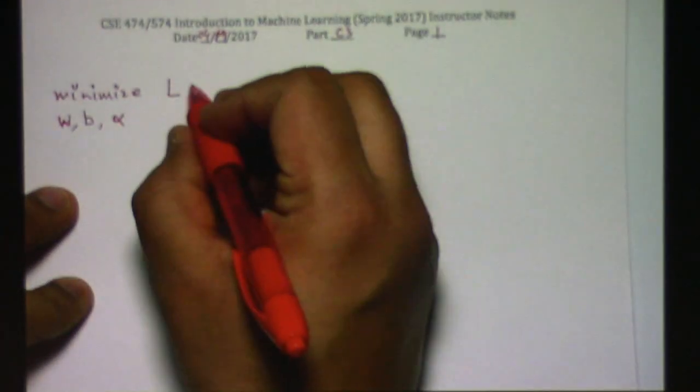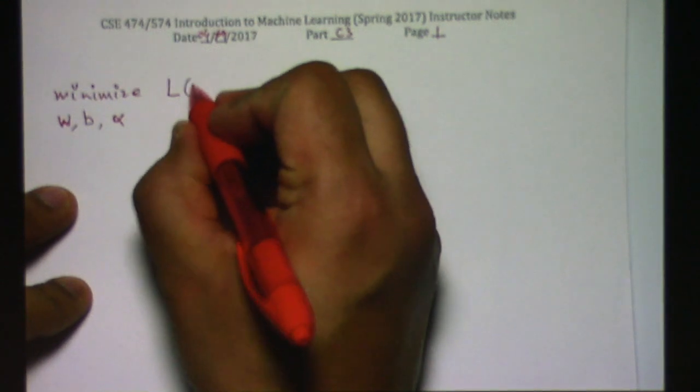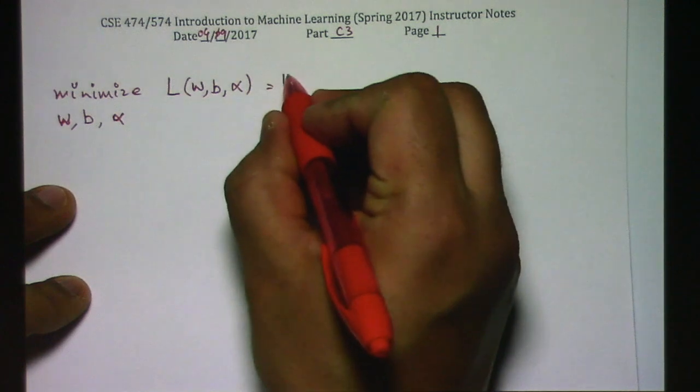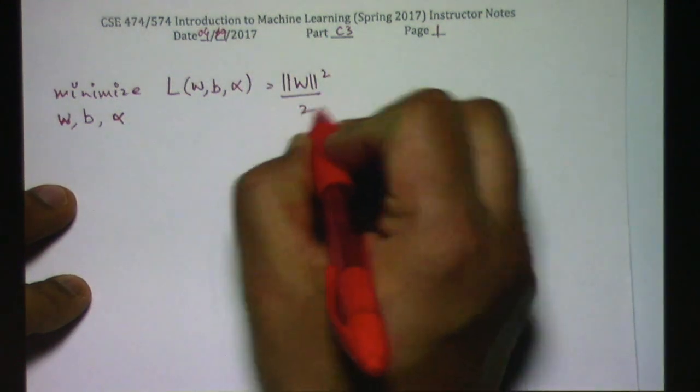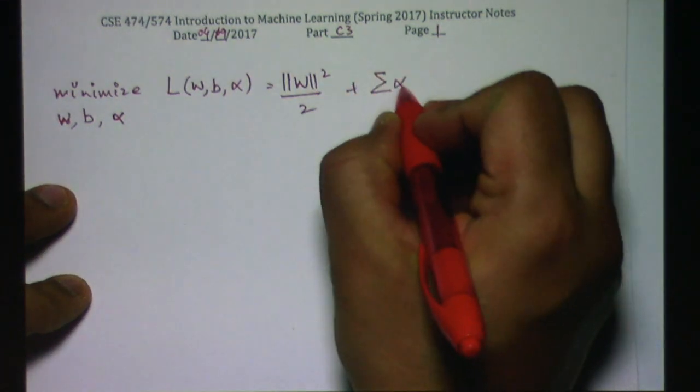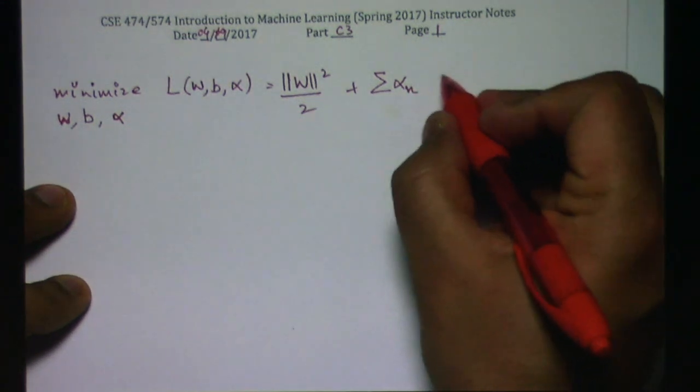and now since we are going to introduce Lagrangian multipliers, there will be more arguments here. So there's W that we want to find, the B, and then we also want to find all these alphas. So alpha is a vector of n. So if you have n training examples, you have n Lagrangian multipliers, and we define this objective function, which is now a function of all of these three things, right? And it is equal to ||W||² by 2 plus, we bring in all of our inequality constraints up here,